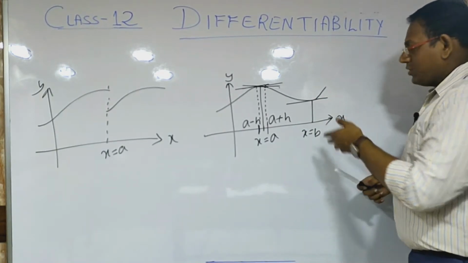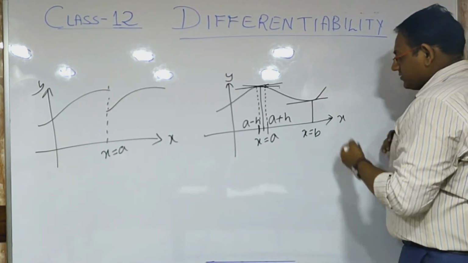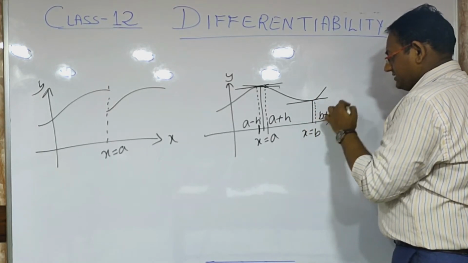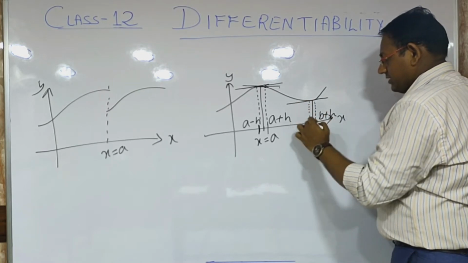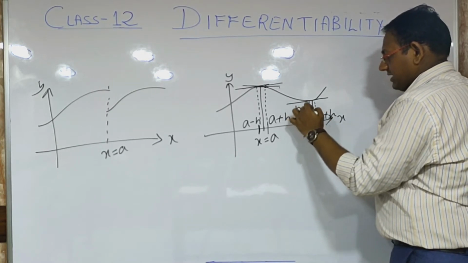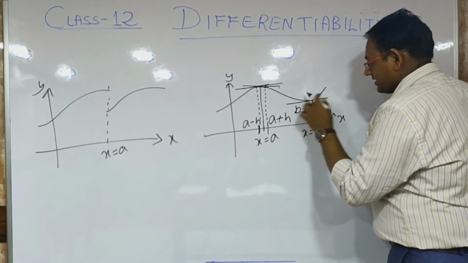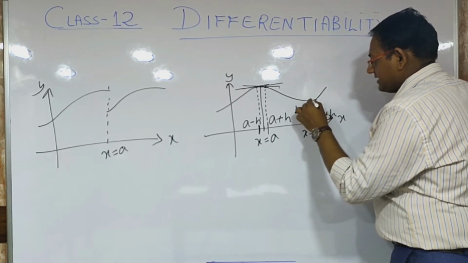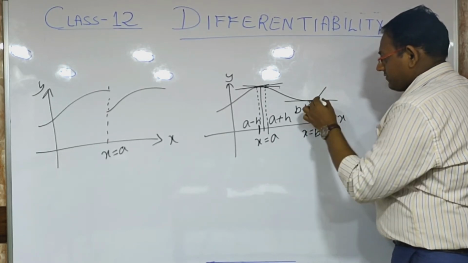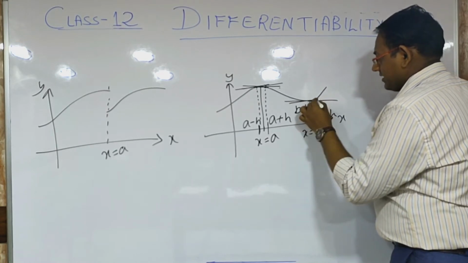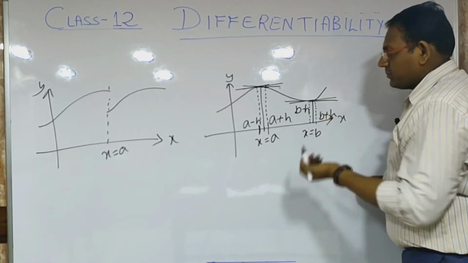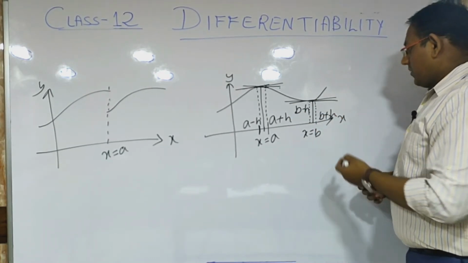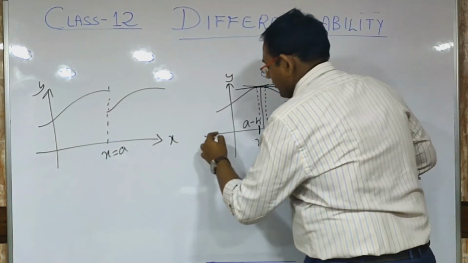Let us take one more example over here. Let us take this point B. Again we will take a point, this point is B plus h, and another point, this point is B minus h, and we will draw the tangent at these points. Let me remove the tangent at the point B. Let the tangent at one point be this one, and at the other point let the tangent be this one. In this particular case also, if we draw like this, we understand that the tangents are not equal.